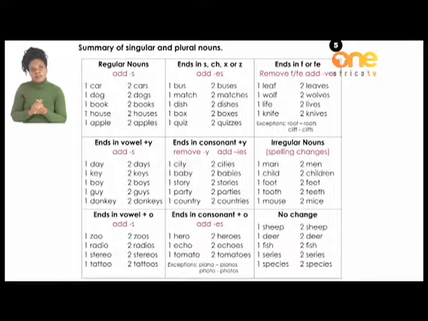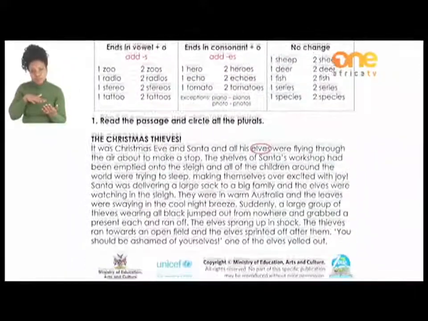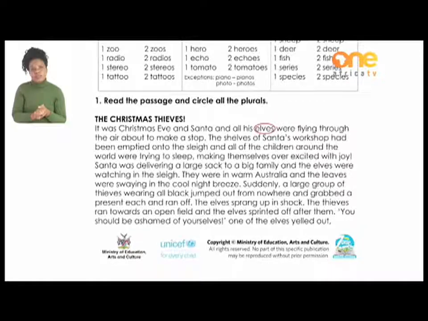There's a reading passage on page 5. We are going to read it together. And as we are reading it, please do circle all the plural nouns that end in F, double F, or FE. The Christmas Thieves. It was Christmas Eve, and Santa and all his elves were flying through the air, about